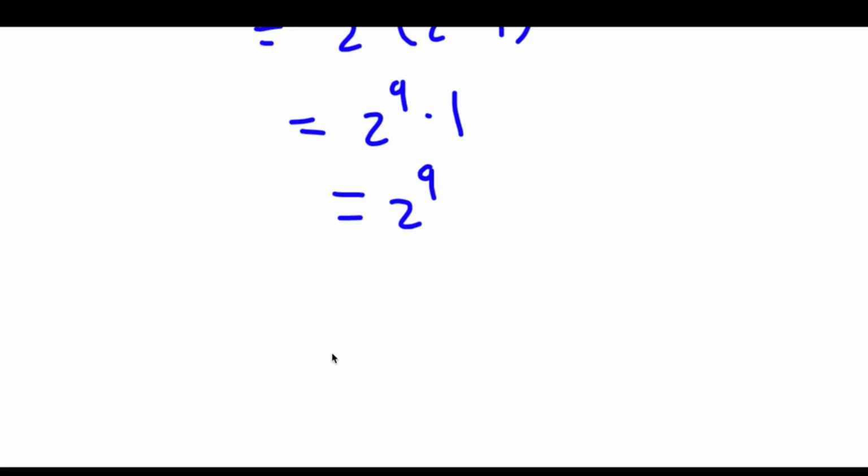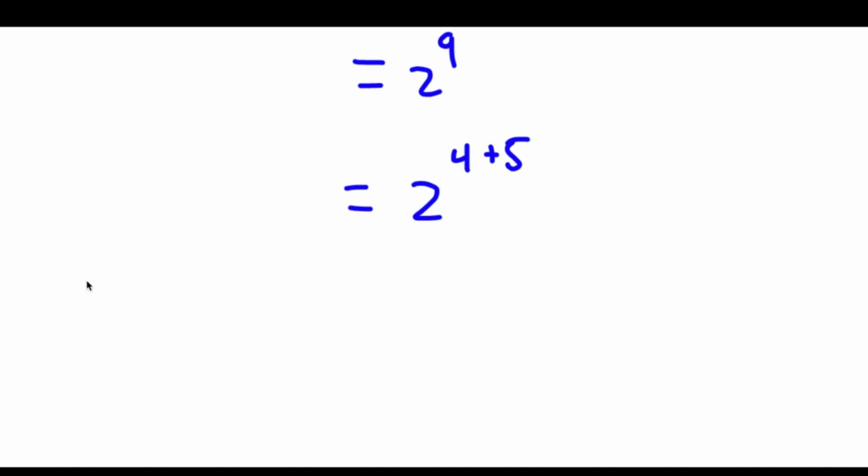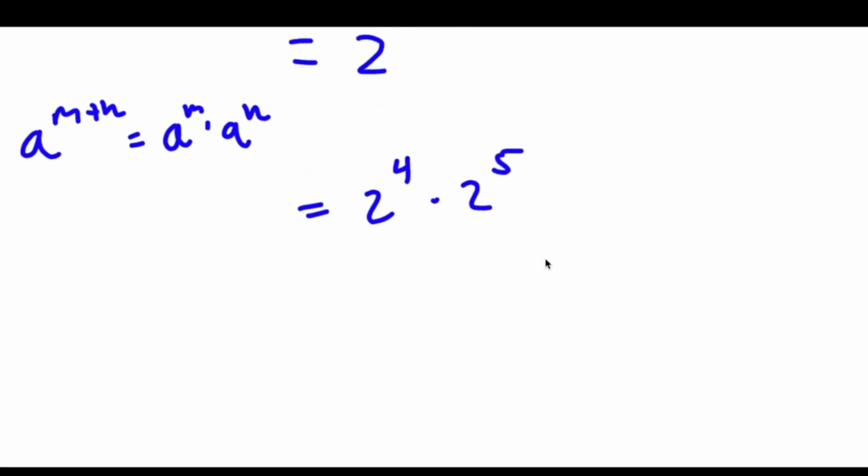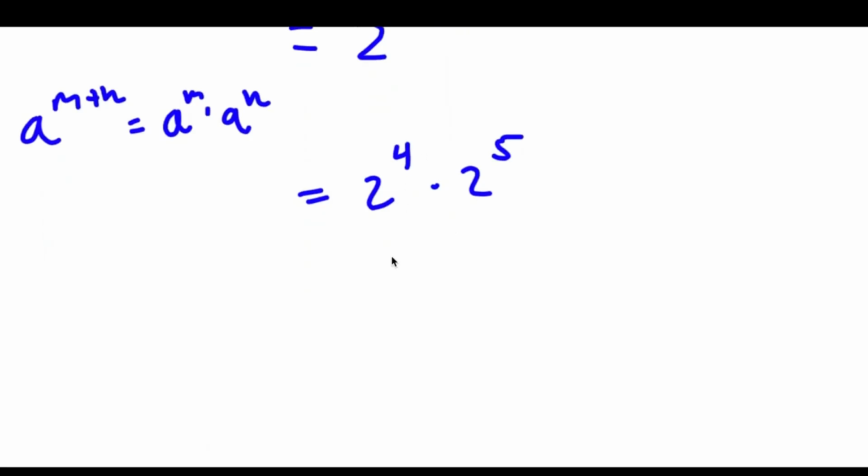Now we can actually go ahead and simplify this. So 2 to the power of 9, this is the same thing as 2 to the power of 4 plus 5, right? And remember, if we have something in the form a to the power of m plus n, this is equal to a to the power of m times a to the power of n. So 2 to the power of 4 plus 5, that's going to equal 2 to the power of 4 times 2 to the power of 5. Now 2 to the power of 4, this is equal to 16, and 2 to the power of 5, this is 32. So I have 16 times 32,